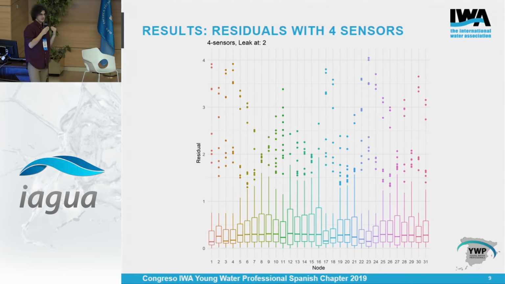And if the maximum residual hypothesis were true, we would hope to see this box plot much more biased to higher results. However, as you can clearly see, this is not the case. It's similar to many others. It just doesn't work. Here we use 4 sensors, and you might be asking, but maybe if we use all